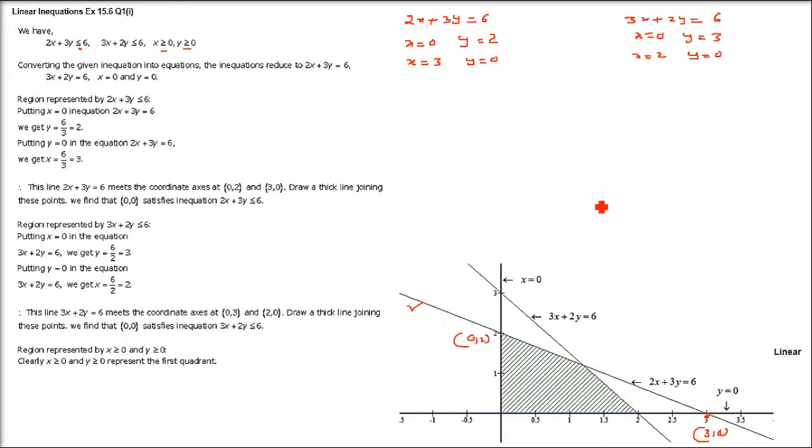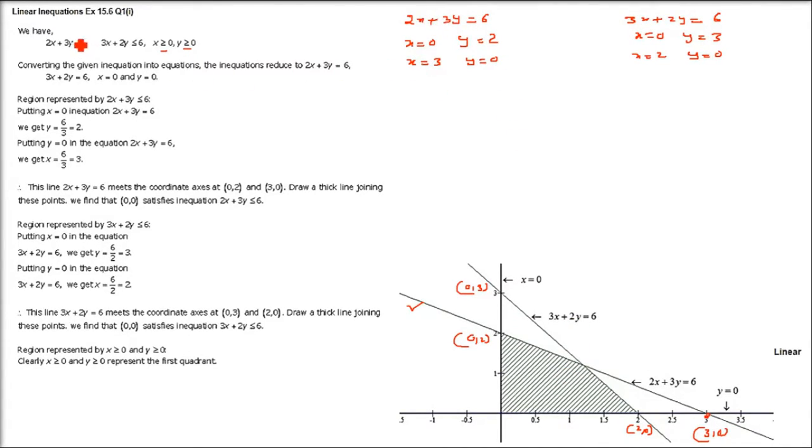Now coming to this equation. Now 0, 3 and 2, 0. So this is 0, 3 and this is 2, 0. Now make a line through these two points. So now we have lines. So what we have to do? First we have to make the lines, and then we have to see whether a certain point is below or